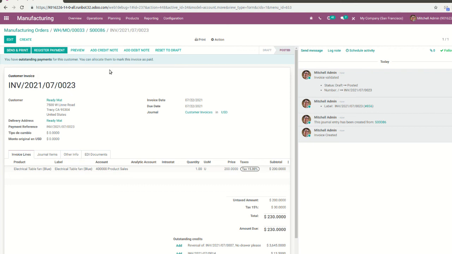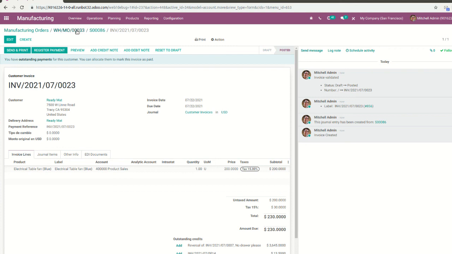So this is the way to connect with manufacturing. Before, we used to see manufacturing and inventory, and all things separately. Now we see from sales order to manufacturing order, from manufacturing to purchase and inventory, and the accounting and delivery, all things in an integrated way. This is the proper way of connecting manufacturing with other modules.